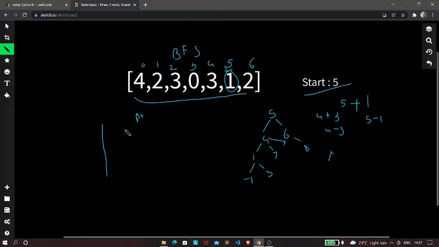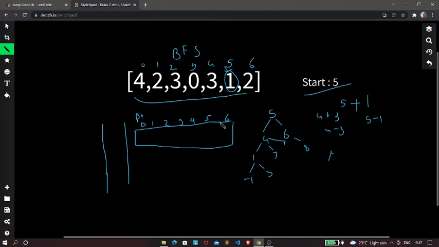Now next thing we're going to draw a queue. Okay, so let's create a queue. Okay, and let's also create a visited array probably. Let's create a visited array of size, let's say size of the array, right? So here the size of the array is 7, right? So of size 7, right?